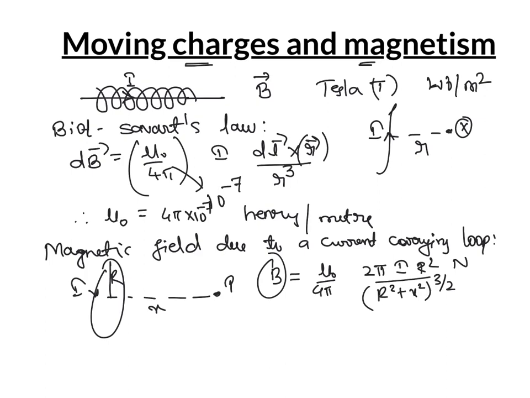After that you have studied the center. Suppose they ask you to find the value of the magnetic field at the center of the current carrying loop, then at that time you will make x equal to 0. That's it. Usually the ratio is very important: the magnetic field at the center to the magnetic field on its axis must be equal to 1 plus x square divided by r square whole to the power of 3 by 2. Try to use this formula to get the answer directly.